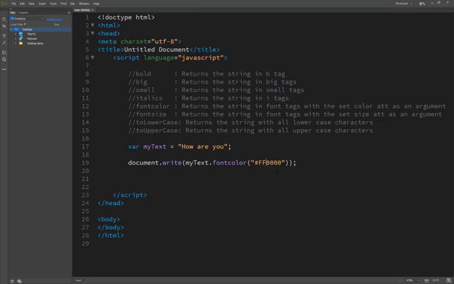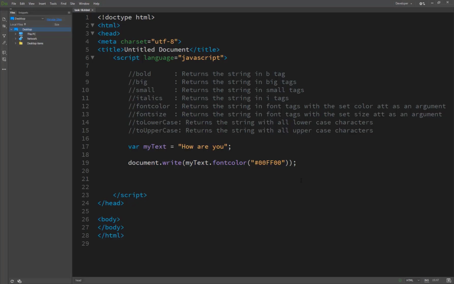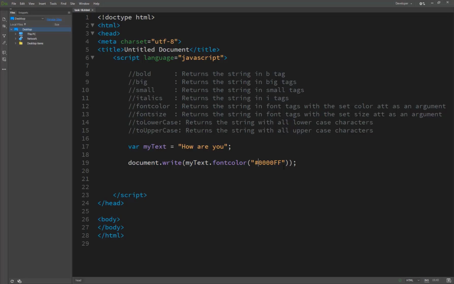And if I write here another code, now you see it's green, and if I write this color, now you see it's blue, because the color chart works as RGB. It's basically two values for each color: these two for red, these two for green, RG, and these two for blue.